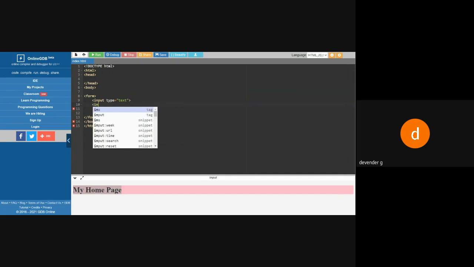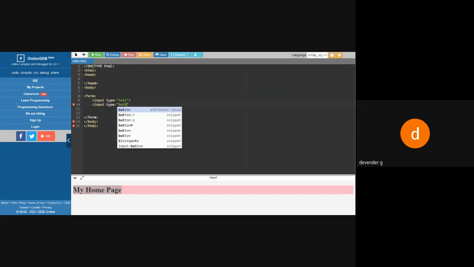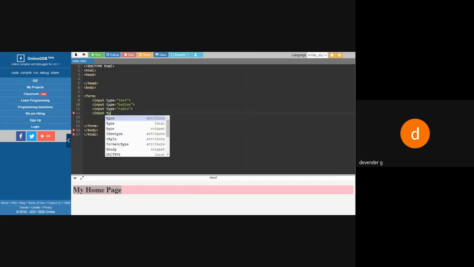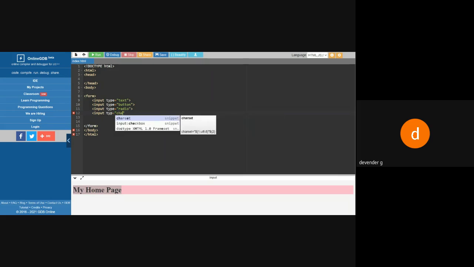If I need a button, I'll say button. If you want a radio button, I'll say input type is equal to radio. If you want a checkbox, I'll say input type is equal to checkbox.